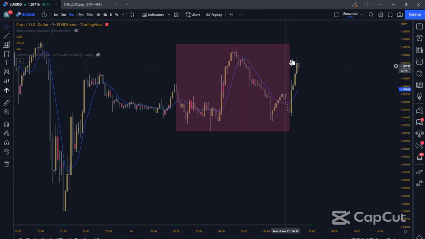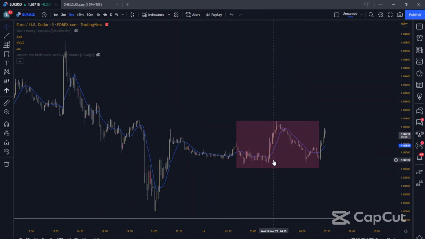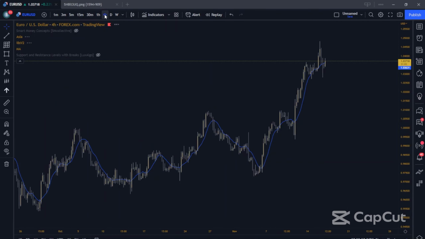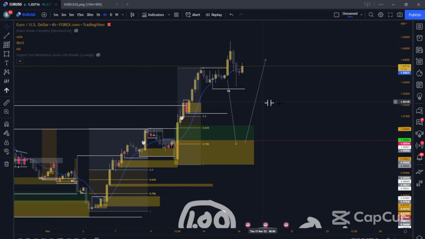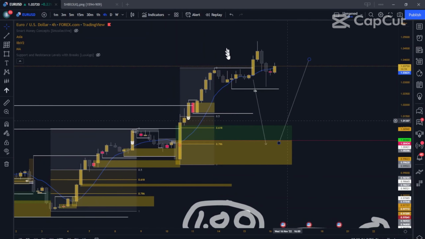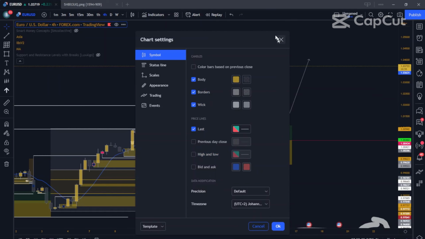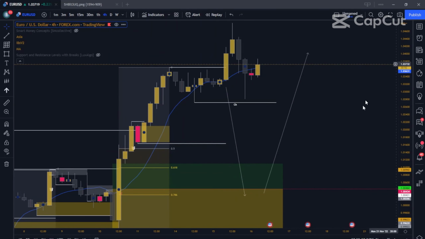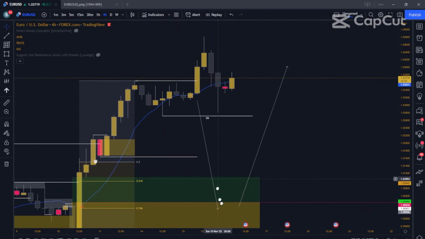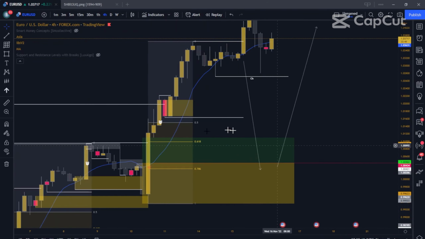It looks like there's been a bit of momentum pumped into the market since we've started the stream. So let's see what price wants to do. Ultimately, I think price is going to come and take this low. But once price takes this low on GU and EU, I'd be happy looking for shorts into this zone here.